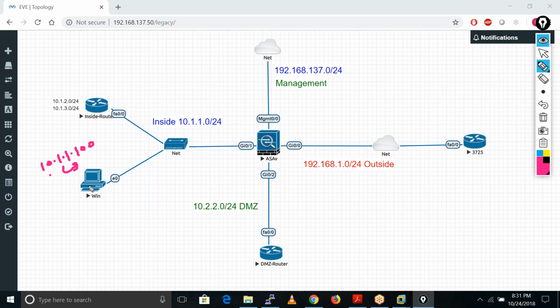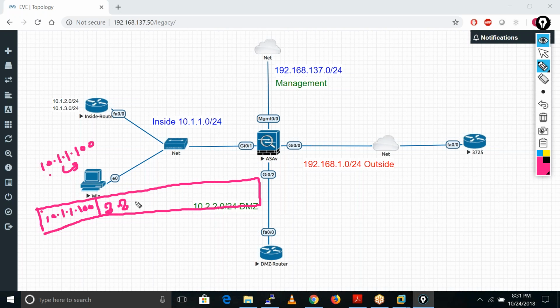So how does that user basically create those packets? The packet format is this way. Source is 10.1.1.100. Destination is 8.8.8.8. Let's suppose he is sending some TCP traffic.